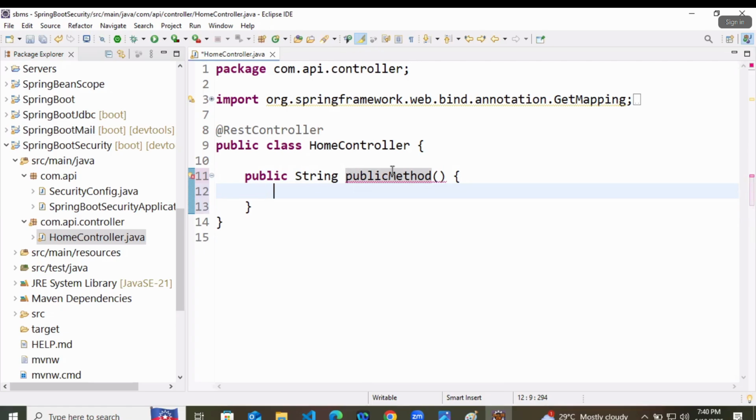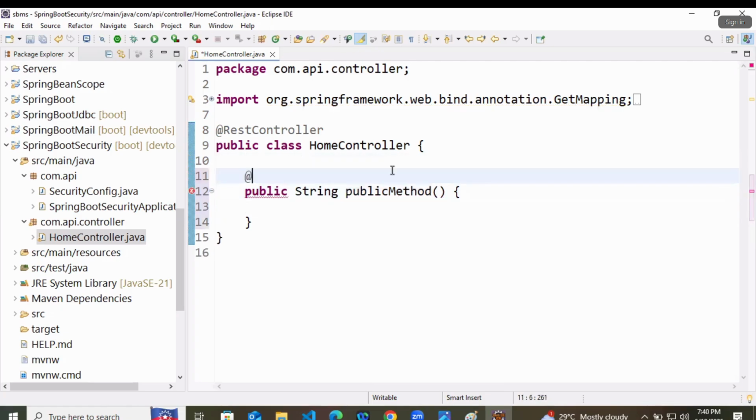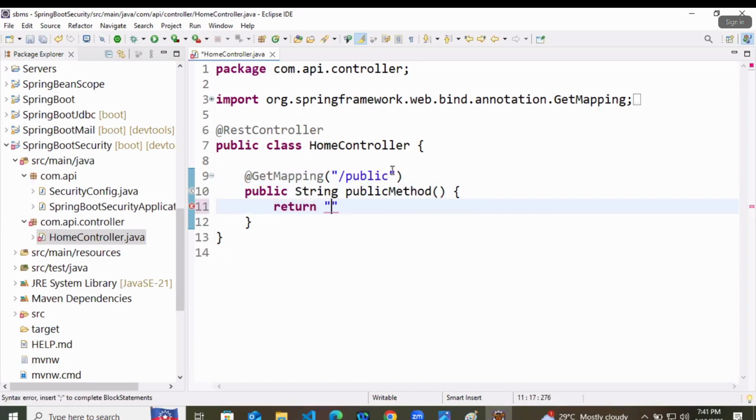We are creating one public method, which means anyone can use it. To this, I will give a GetMapping of slash public. And this method is just returning this is public endpoint. Means anyone can use it. There is no restriction on this.